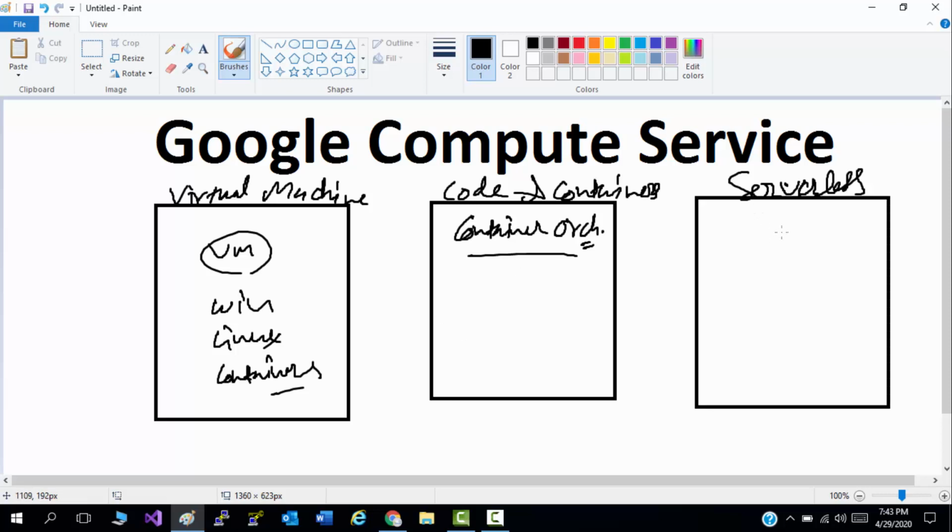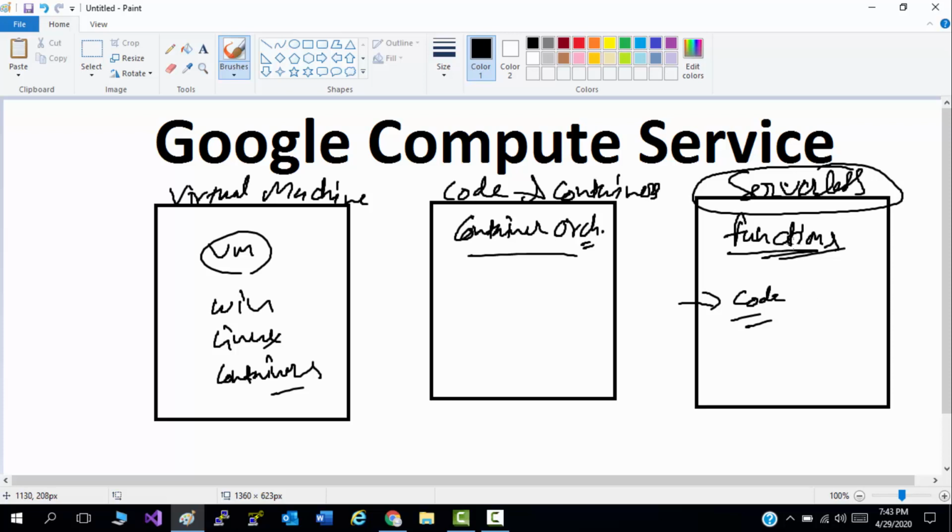In serverless you can deploy cloud functions, Google functions. Serverless environment means without worrying about underlying hardware, you focus on your code, whatever code you want to run in the background.